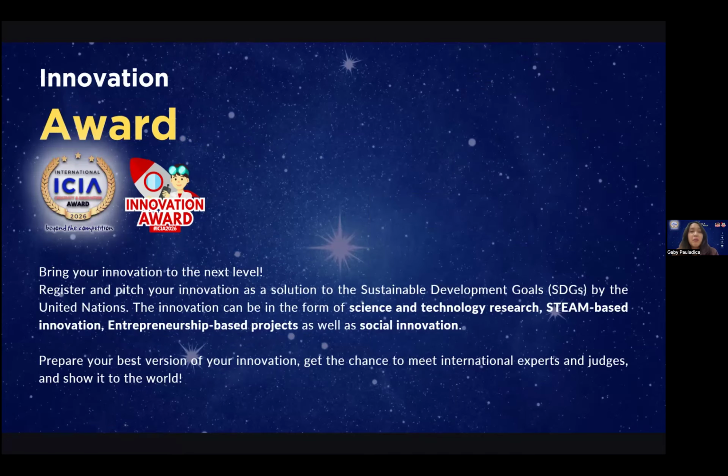Next, let's talk about our Innovation Award. Innovation Award: bring your innovation to the next level. Register and pitch your innovation as a solution to the Sustainable Development Goals, SDGs, by the United Nations. The innovation can be in the form of science and technology research, STEAM-based innovation, entrepreneurship-based projects, as well as social innovation. Prepare your best version of your innovation, get the chance to meet international experts and judges, and show it